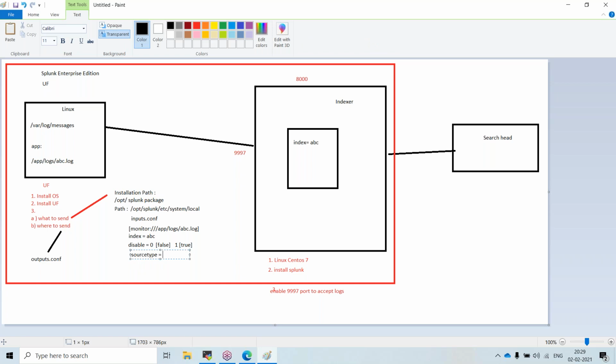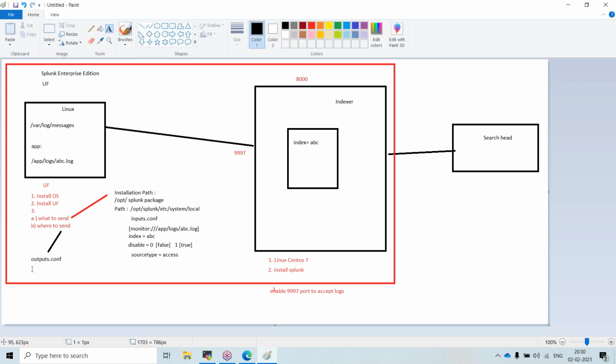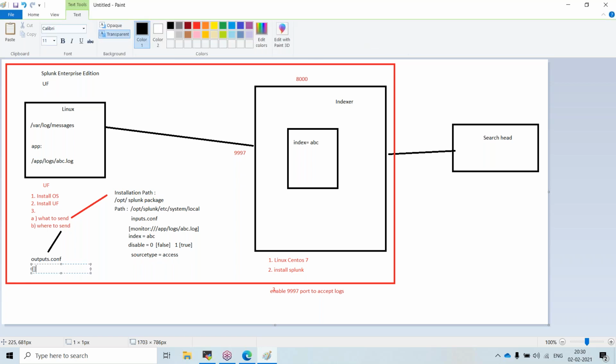This will mention what type of log it is, whether it is a Tomcat log or a web server log. That will be mentioned in the sourcetype. And in outputs.conf I have to mention a stanza called tcpout.